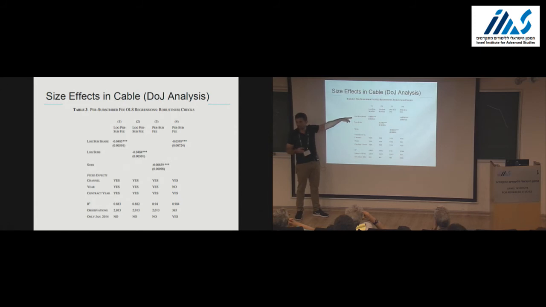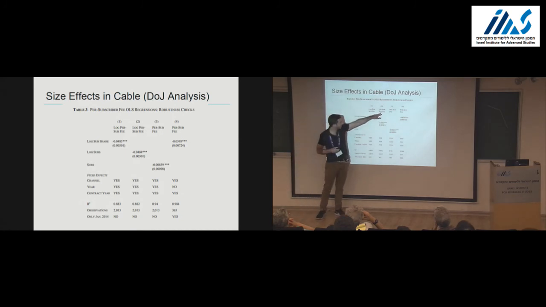When the DOJ does the merger proceeding, they can demand data from the firms. Okay, so here they regressed how much a distributor pays based on how big the distributor is, and they get this elasticity. It's like you double the size of the distributor, you pay about 5% less programming fees. Your TAUs are 5% lower. So these economies exist,